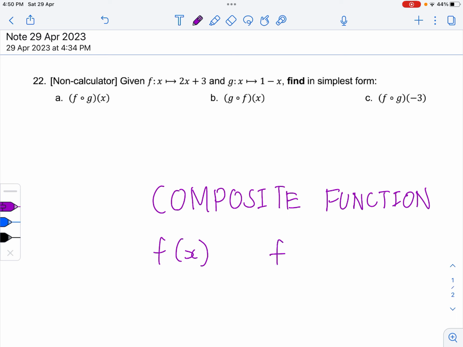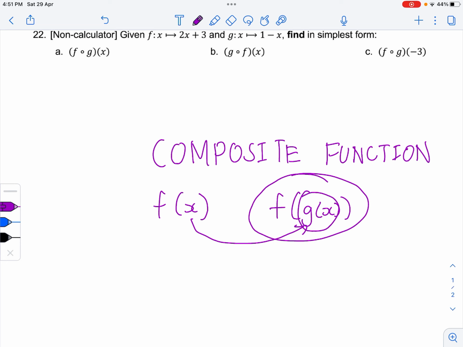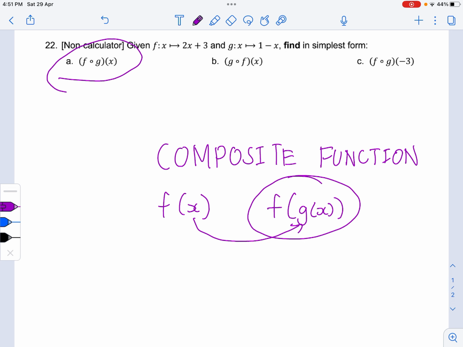Now let's try f of g of x. This time we have two different functions. We have f of x, but instead of having the x, we change that into g of x. When we have something like this, we basically substitute the function g of x inside the f of x, into the x. I know that for now, if you don't understand what I'm saying, that's absolutely fine, but we'll be doing that, so just follow along. And if you want to do the exercises yourself, you can also pause the video and